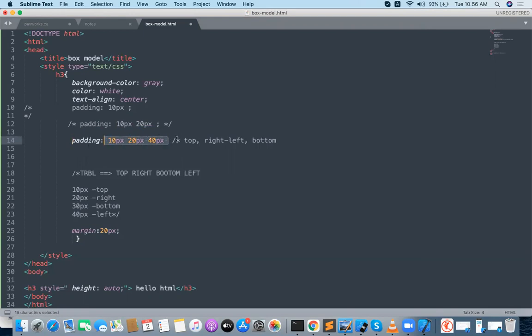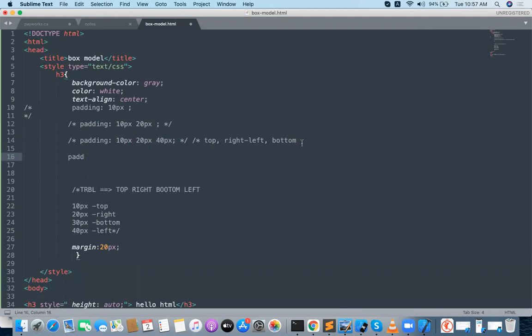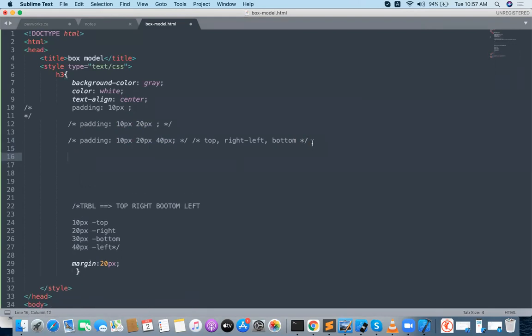Some people want to go with four different values for all the sides. How will it be?